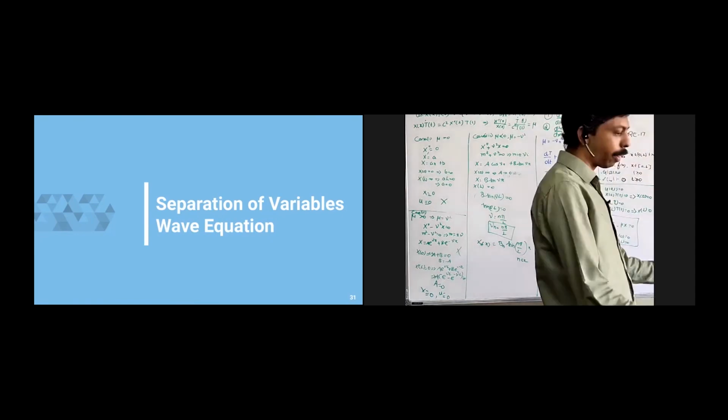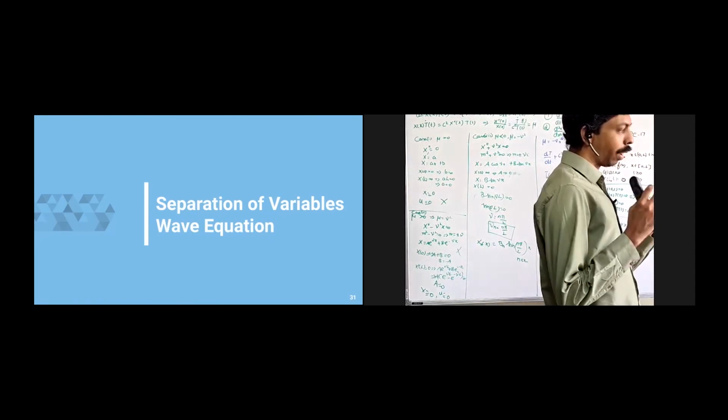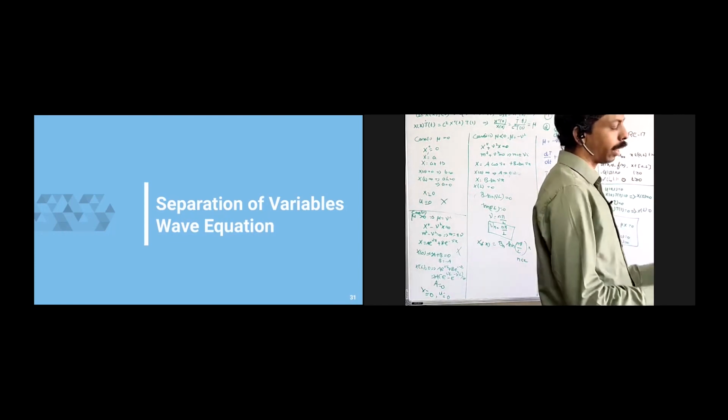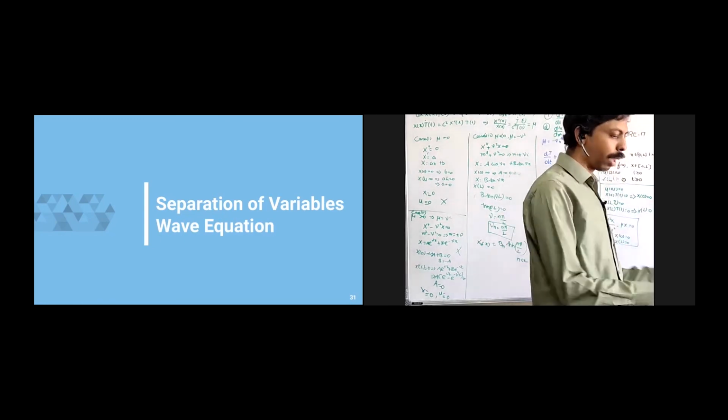That means whatever we developed in this theory, which I already mentioned in the first class, we developed for the heat equation. What are the underlying theory and things required for that heat equation? We developed those things and then solved it. The same thing we are going to do this